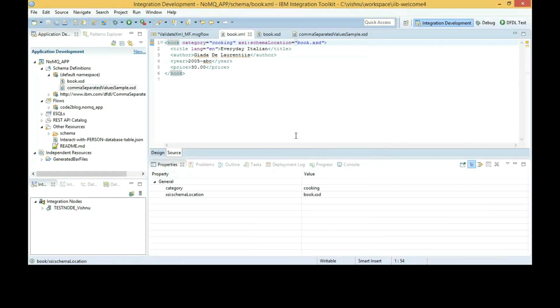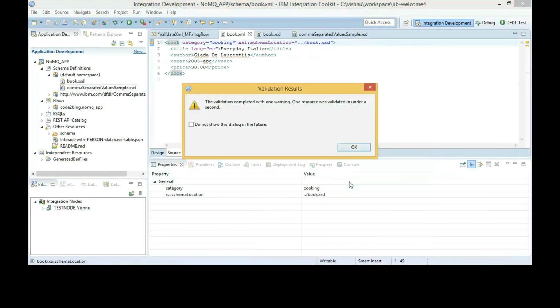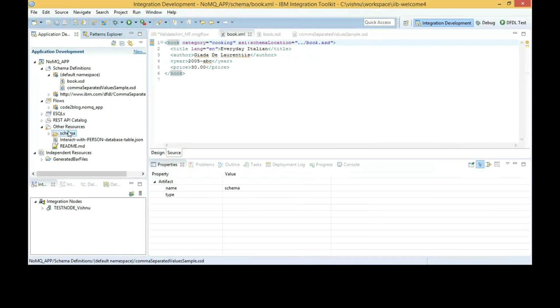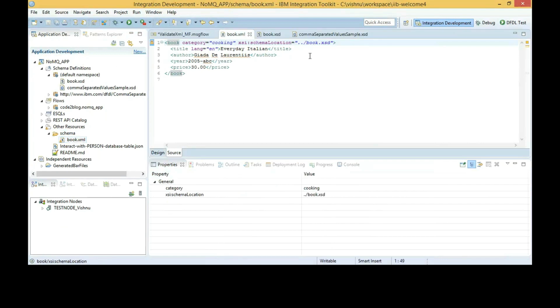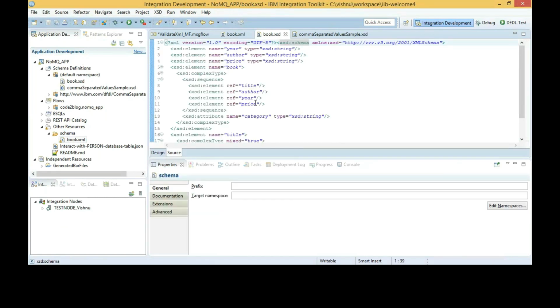When I provide the file name as book.xsd and do not provide a namespace, it is still not able to find that file, that schema, and validation completes with warning. The warning is, look at the yellow mark on the first line. It is an indication that the schema is not visible.